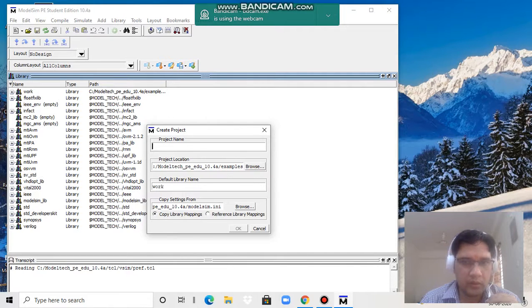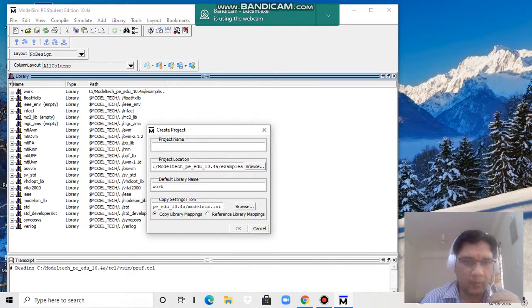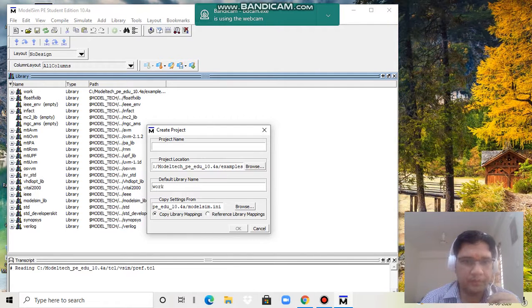You can also change the location by selecting browse, and you can allocate a different location where you want to save the program. But by default, it will select the same directory that we installed. Then the default library name. The default library name is work. All the programs that we make here are stored in the library work.